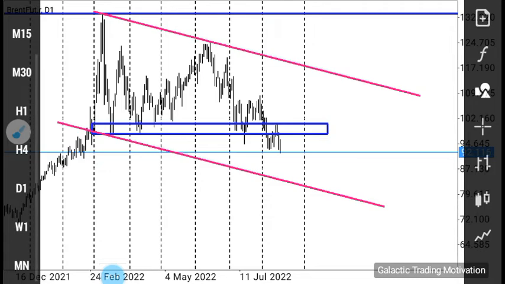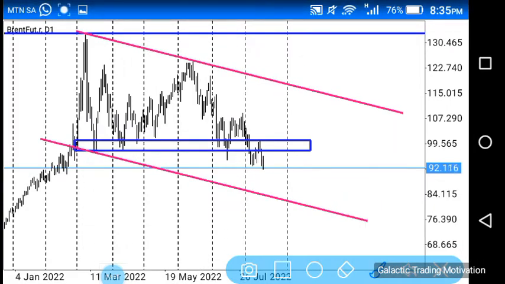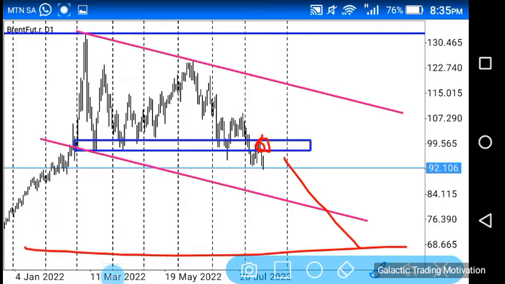So there goes our daily channel, right? So as much as I've said that we would have looked for selling opportunities at this point, and our take profit should be where we have the neckline of that W structure, just also bear in mind that we have this trend line over here, and it is also quite possible that as much as we're expecting price to push further down, what may actually happen is price may, from where it is, push down